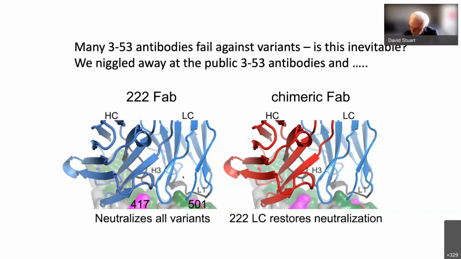So this is useless for pre-existing responses, but it does indicate that there may be some 353 response to mutant viruses that harbor 501. And I haven't got time to talk about it, but we've got very recent data for the beta variant responses that show that there's a small level of 353 very potent cross-reactive antibodies that are elicited